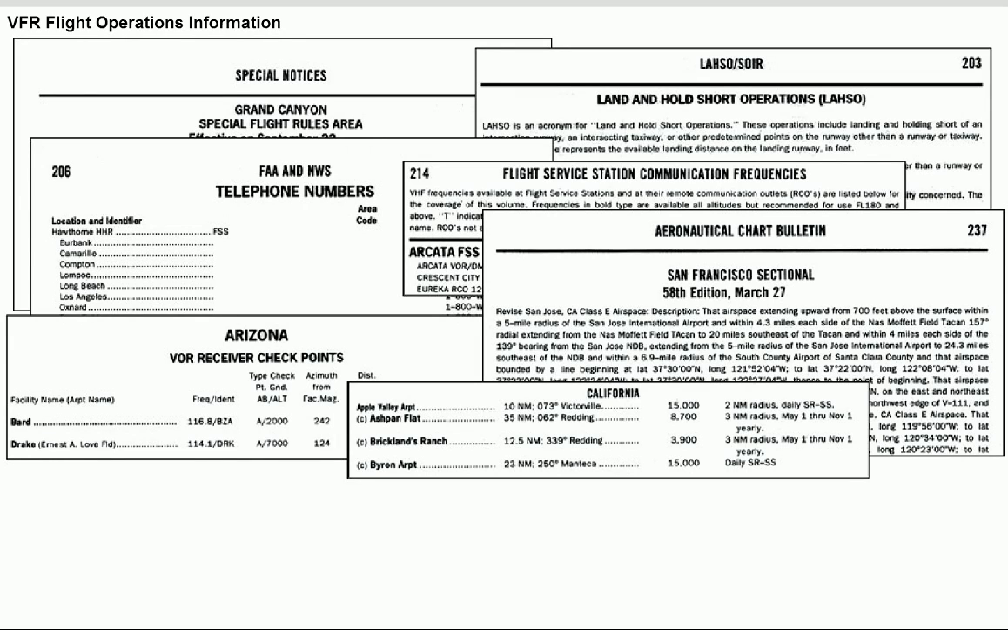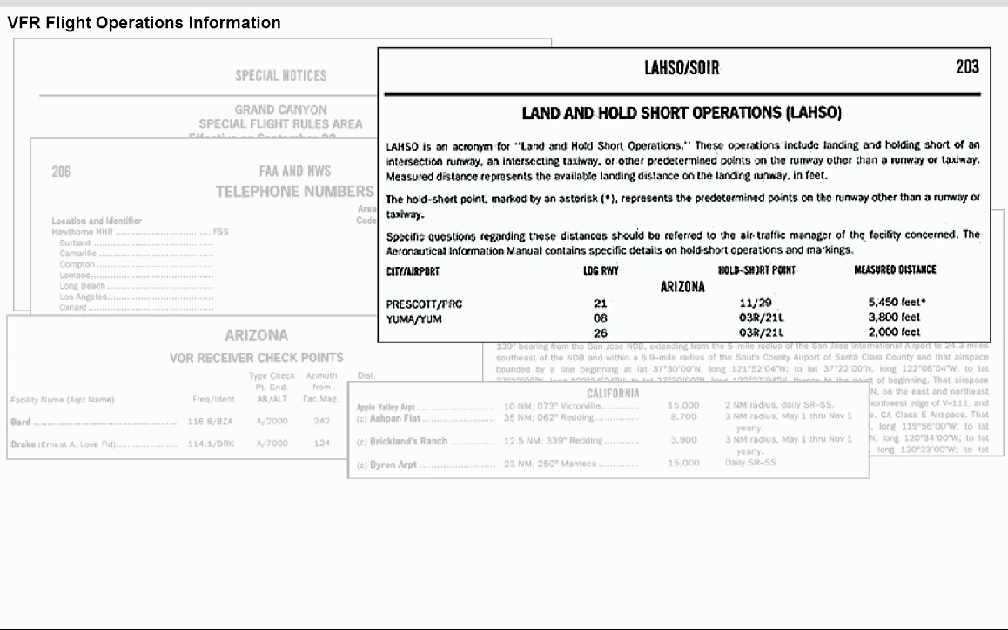In addition to the airport listings, several other AFD sections contain information essential to VFR flight operations. The Special Notices section contains changes that affect the airspace system and certain flight operations. The Land and Hold Short section lists airports that have land and hold short operations. For each airport, this list includes the landing runway, hold short point, and the available landing distance for each runway